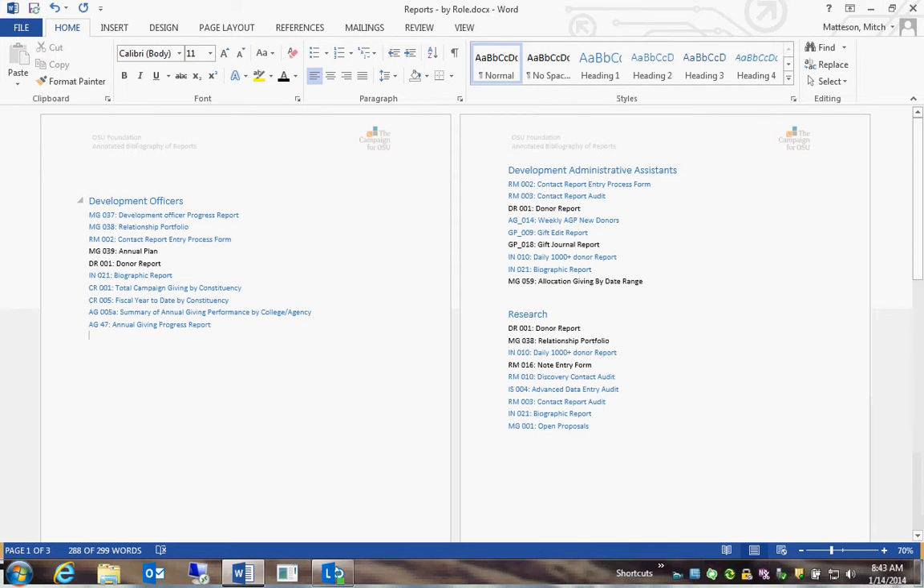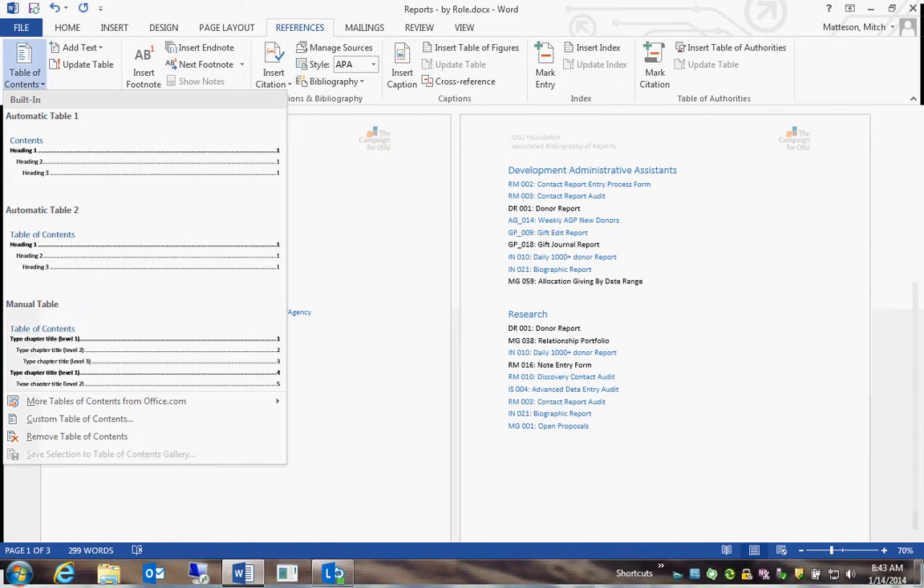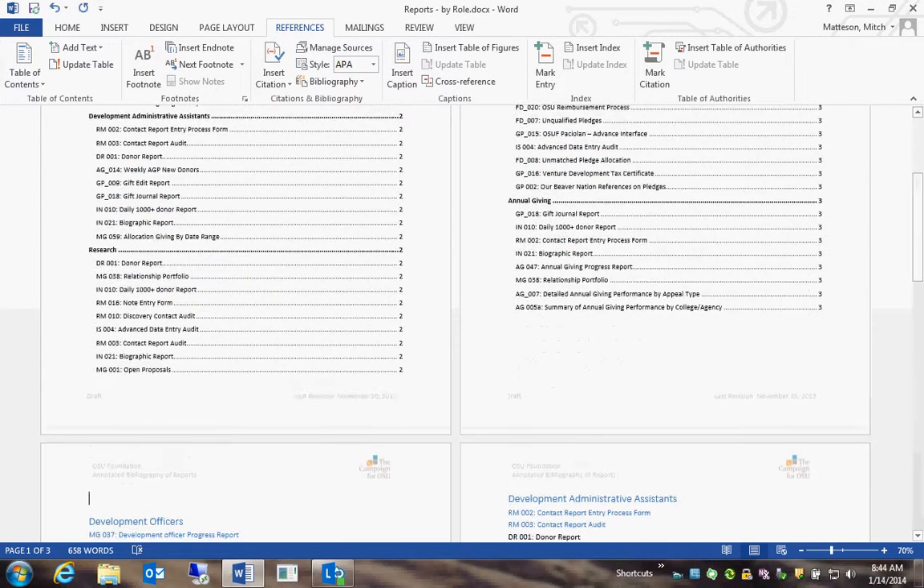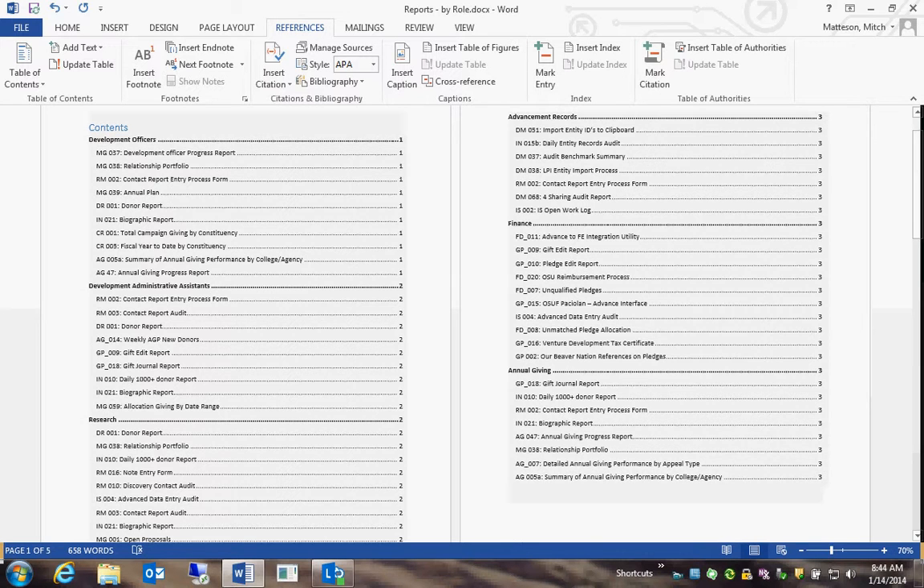So now that we have our headings, creating a table of contents is very easy. Go back to References, table of contents, and we decided on Automatic Table 1. So now you see here you have your table of contents and you have the page that you'll find each